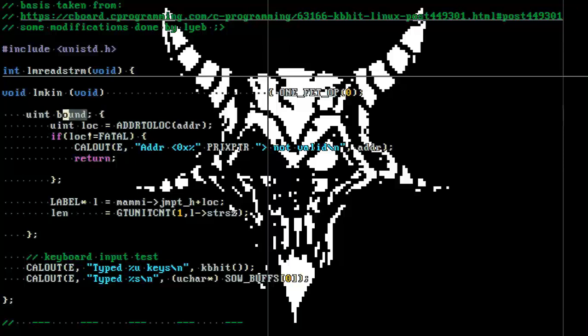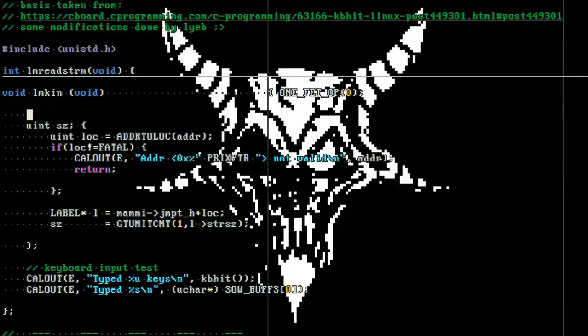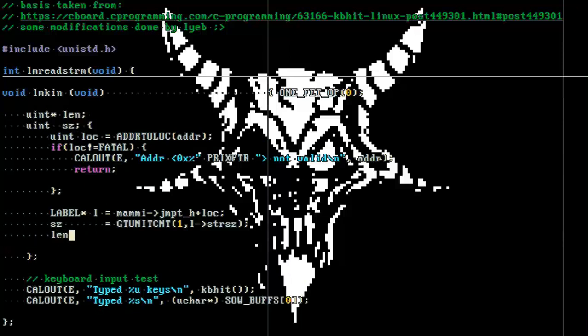I'm sorry. I'm gonna call it size. And length, I'm still gonna use it, but in a different way, and I'm going to explain why in the quickest way possible. So length, or len, is going to be